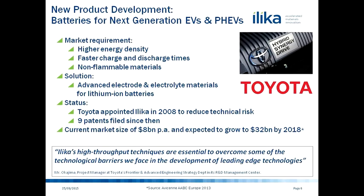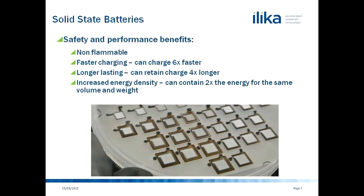So they came to us and they said, okay, what we'd like to do is develop a non-flammable lithium-ion battery. So we want you to try and work with us to take out the liquid electrolyte, which is the flammable component, and replace it with a solid ceramic that can perform the same function, i.e. allow lithium ions to move from one side of the battery to the other, and give us the same benefits that we are enjoying with our hybrid vehicles. So we set to work, and in fact since then we've filed about 9 patents together with them, so it's been a very fruitful collaboration, and it's resulted in us being able to make batteries with a series of pretty